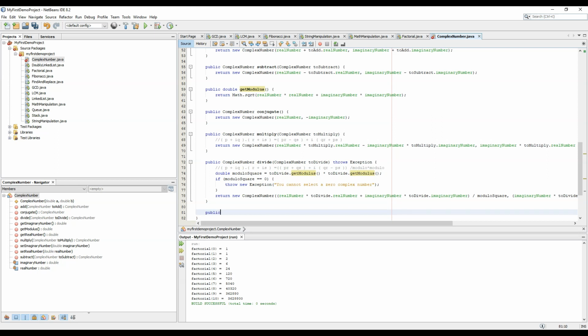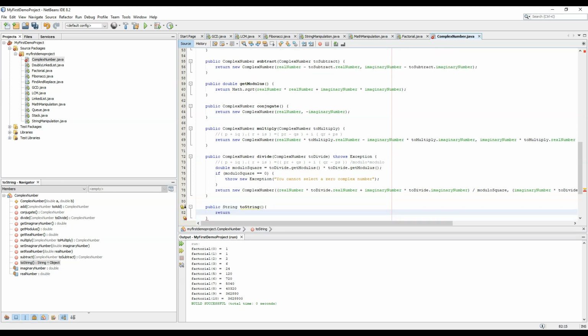So we need to override the toString method, and we just need to return real number plus imaginary number iota times.